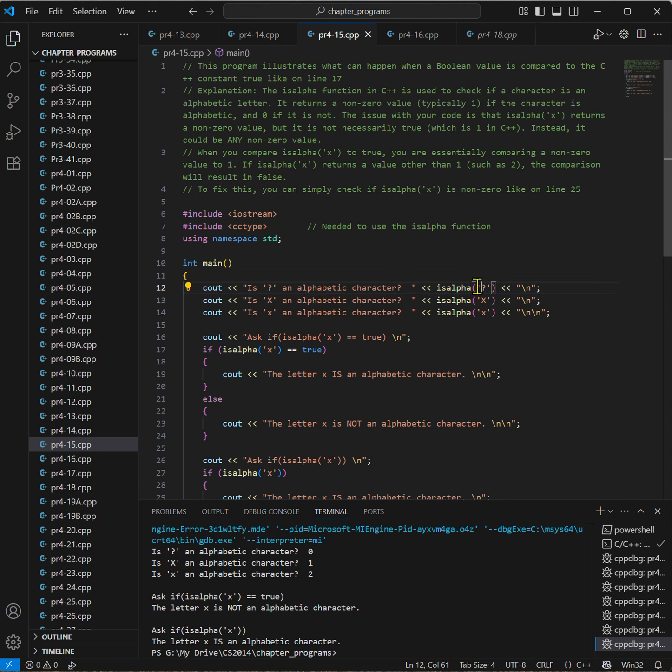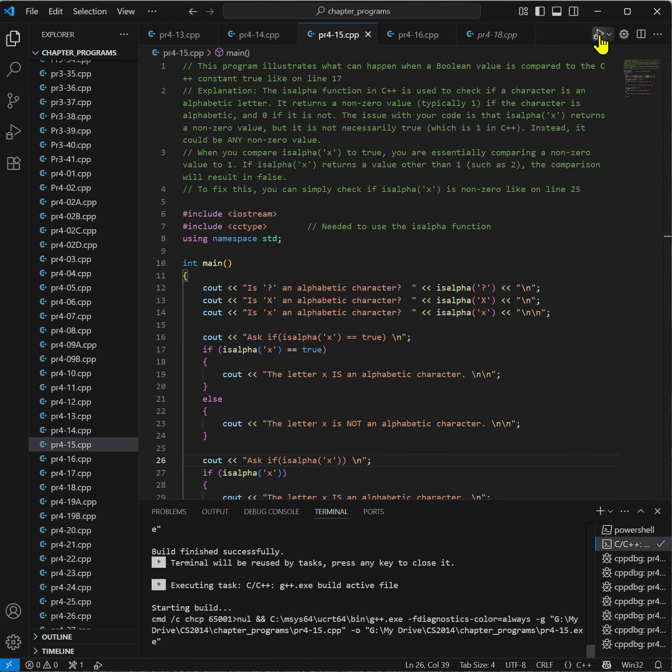Now we're going to do that for a question mark, and that would be no, that's not the case. For an uppercase X, that should be a true, because it is an alphabetic character, and this one also should be a true. And then we're going to ask the question for the same character twice. One over here with the equals true, and one over here without it. So when we run this,